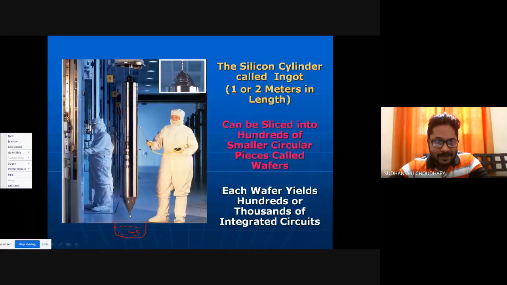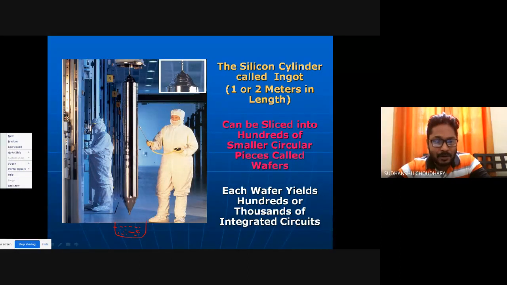Now this seed crystal decides the orientation of the silicon, that is, the Miller indices of the silicon wafer are decided by the seed crystal's orientation. Normally we select 100 or 111 as Miller indices of the seed crystal, so the entire wafer will also have a similar orientation, right?